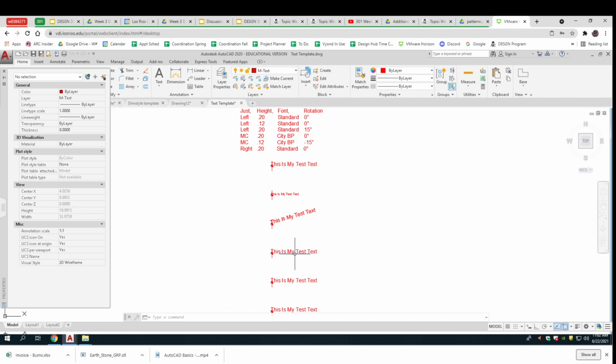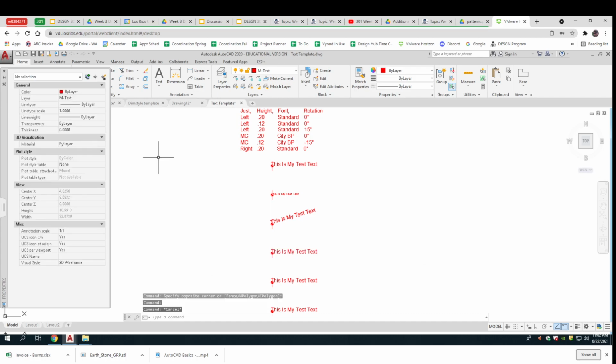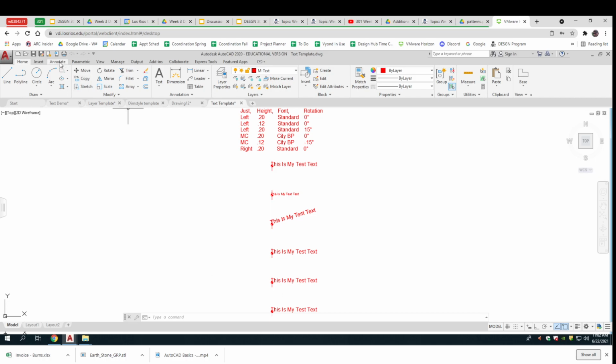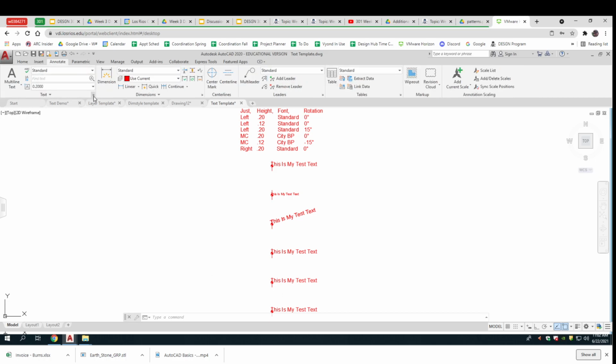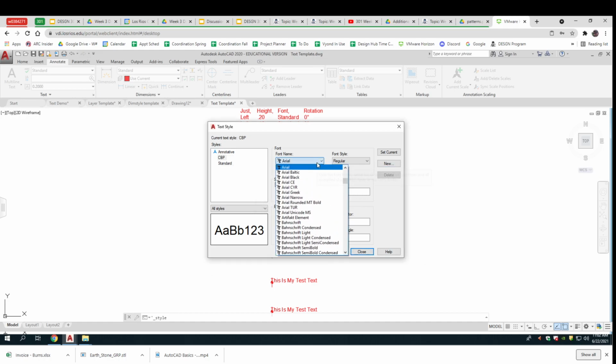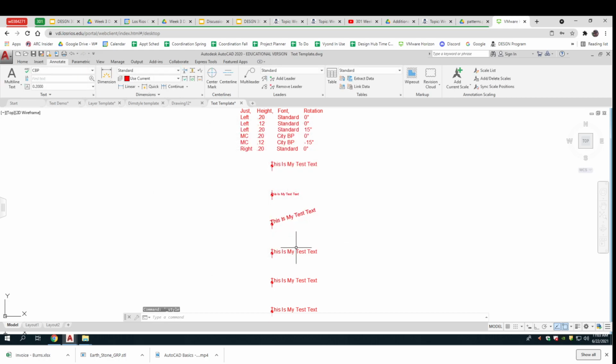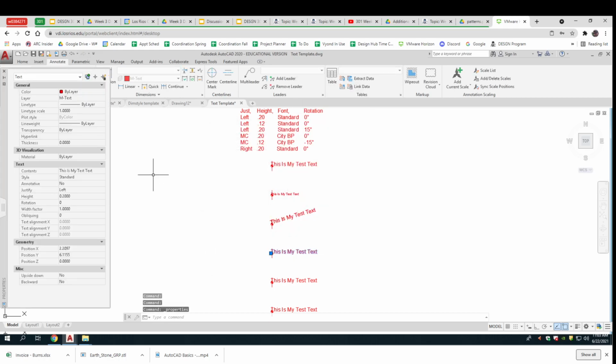Now this one wants to change it to city blueprint style. I don't have city blueprint in here. So now I have to make a text style called city blueprint. Annotate. New. City blueprint. City blueprint. Wow. That's cool. So now if I come in here and look at the next one,